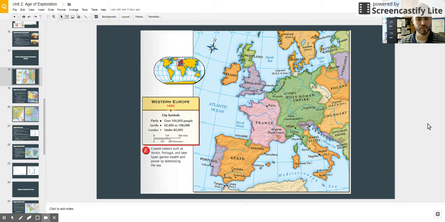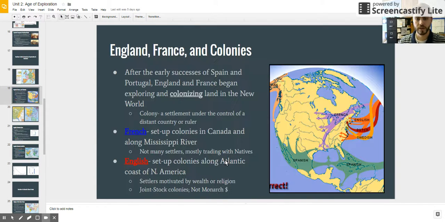So before we get into the New World, this is kind of what the Old World looks like at the time. And the guys that we're going to focus on today are England, France, and a little bit of the Netherlands, which is a part of the Holy Roman Empire at this time. They'll gain their independence here pretty soon. And we know about Spain and Portugal already being the leaders there. Okay, so